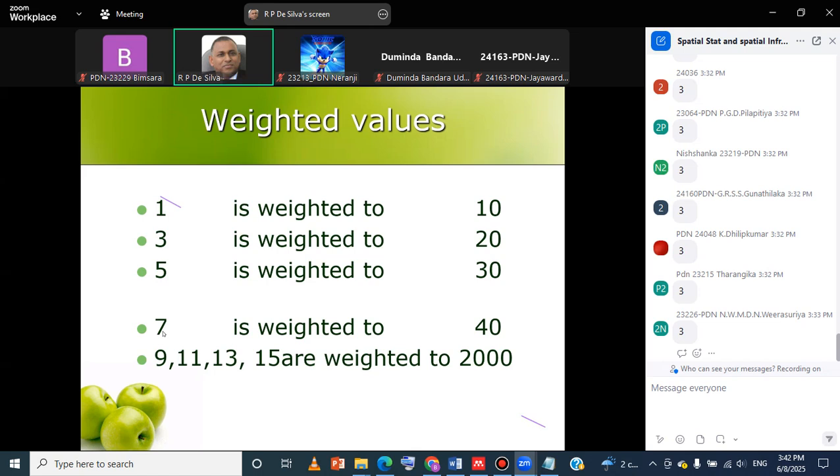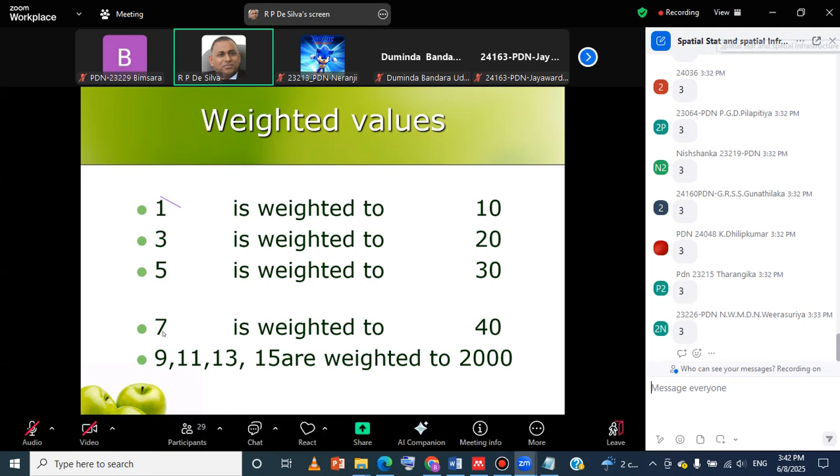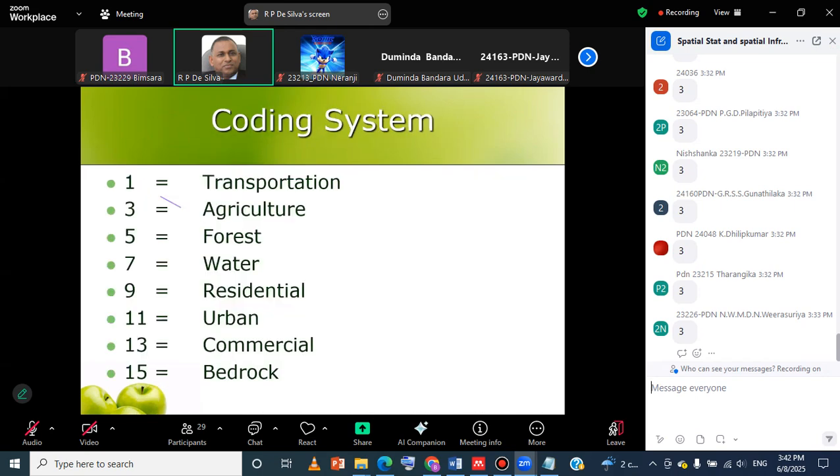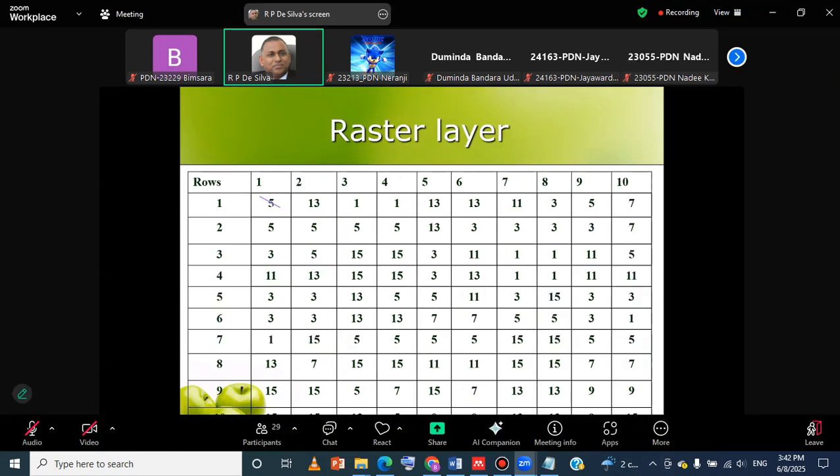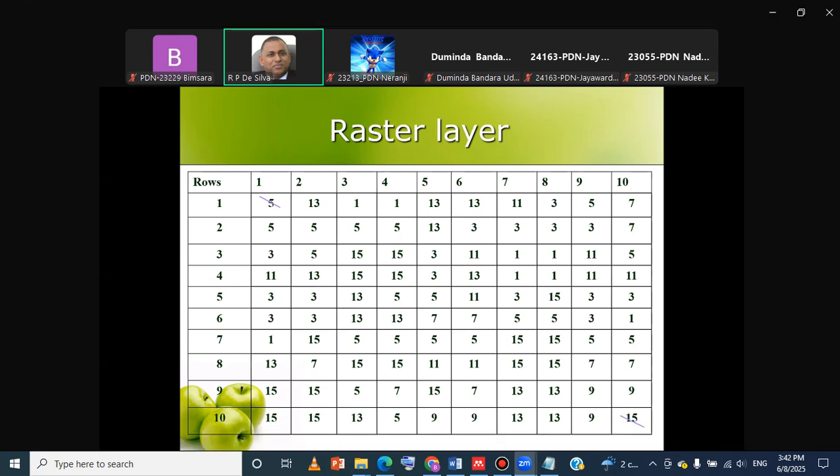Right. Now, if you take down these numbers, you will see, if you go back to the previous slide, I'll allow you to write down these numbers. Now, what do you think? The cells where you have 9, 11, 13, 15, you want to avoid, right? You want to put the pipeline, avoiding